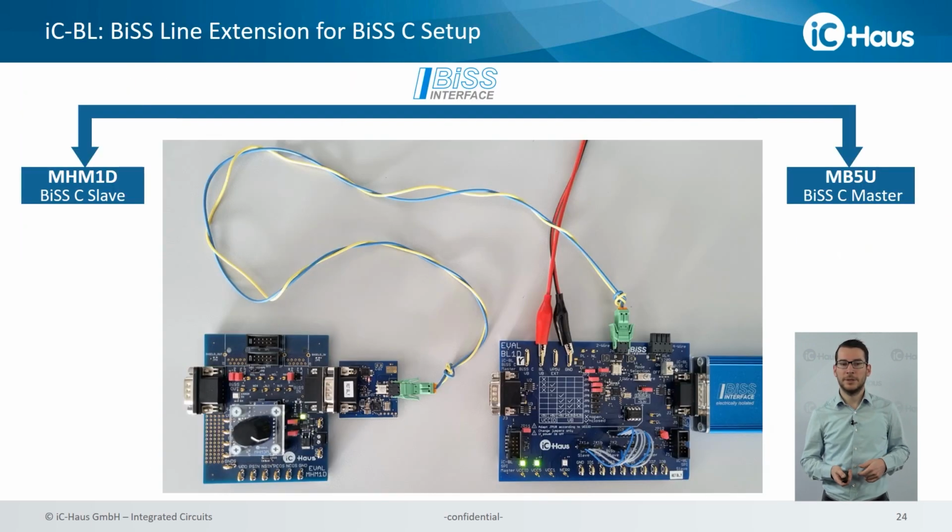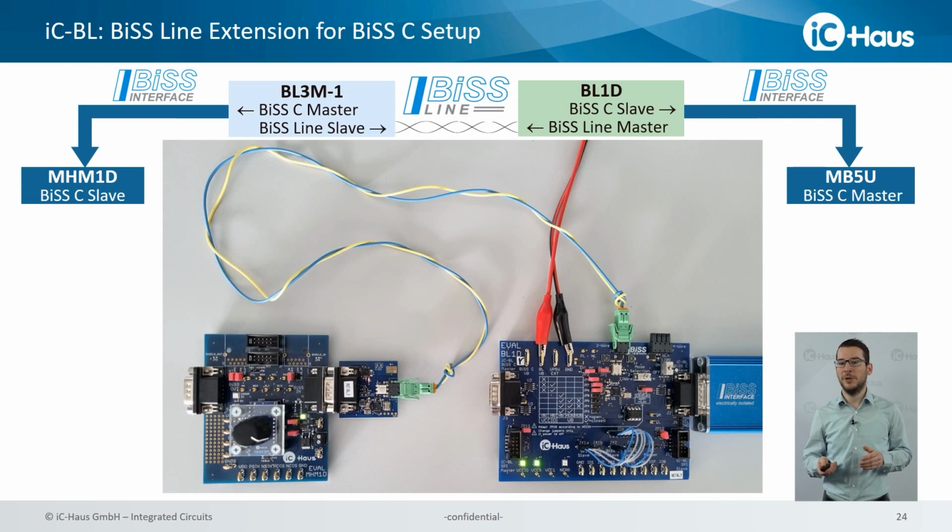Last but not least, straight from the lab, I would like to show you a setup where standard BiSS components are simply extended by BiSS Line communication using our ICBL evaluation boards. So what you can see here is on the right side our BiSS master MB5U, it's a USB adapter, and on the left side our iC-MHM, which is a magnetic encoder IC. And then you can see a big board